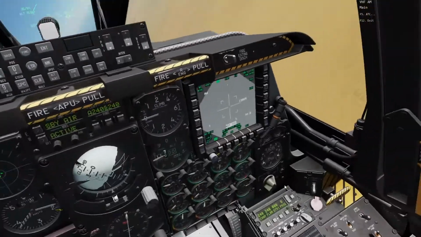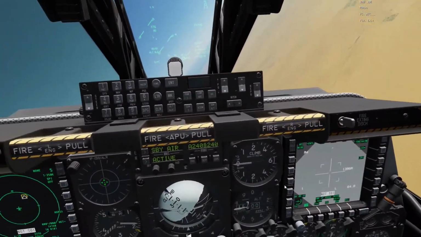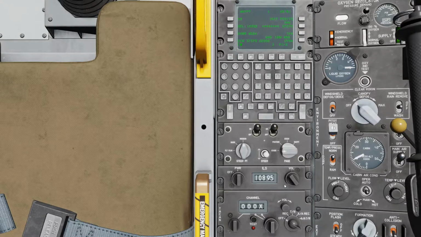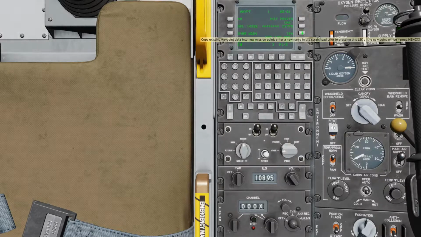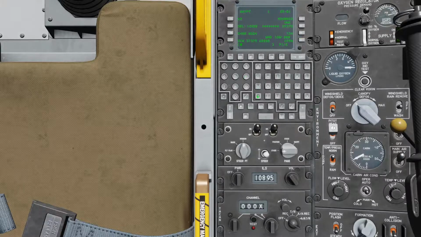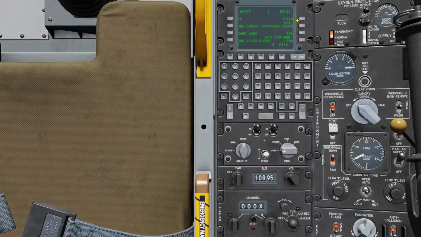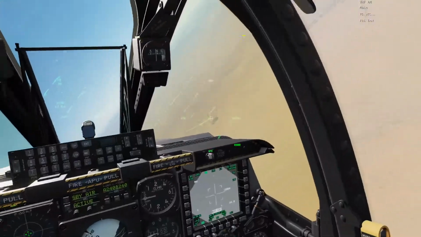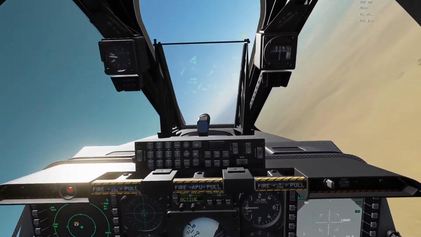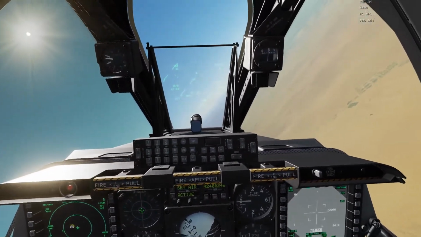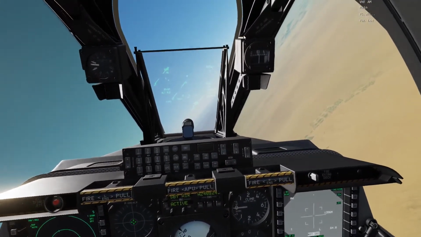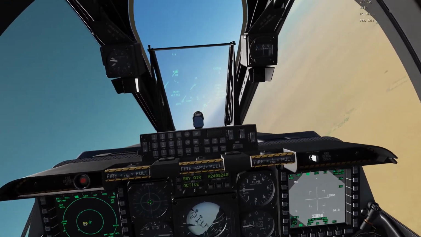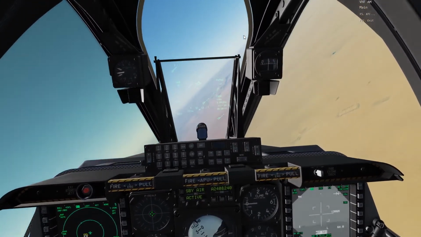So what I'm telling him is that I'm going to request or tell him when I'm ready for that. What I'm going to do is I'm going to go 2. I'm going to put this in as target 1. Setup is very important here. I know I'm already on 40 Romeo, so as you can see, I went ahead, I was banking too hard, I slowed down too much. I'm going to increase my throttle,